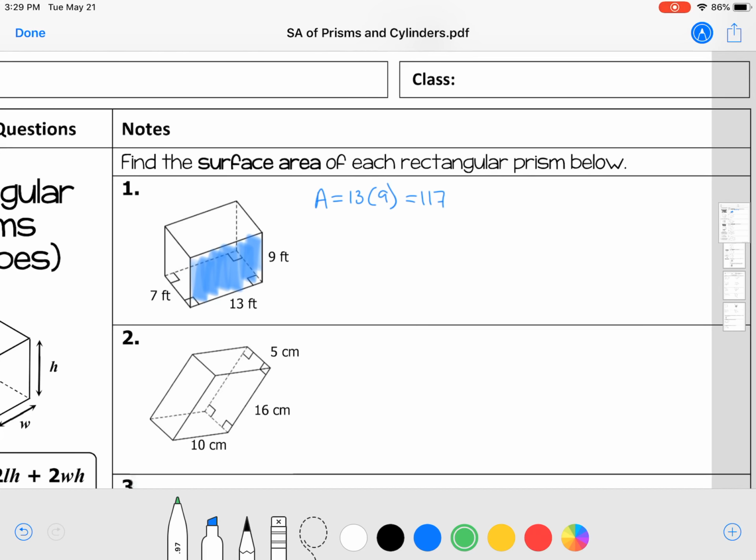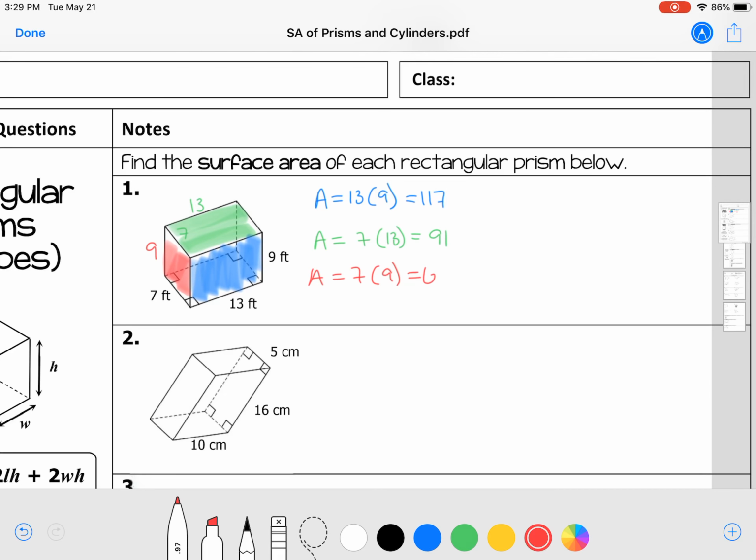The next rectangle I'm going to find the area of is this top piece right here. The dimensions for that green rectangle are going to be 7, because this side's 7 up here, and 13, because that side's 13 as well. So the area is 7 times 13, which is 91. The other rectangle is right here, that red shape. For that one, I'm going to multiply 7 times 9, because that side over there is 9,